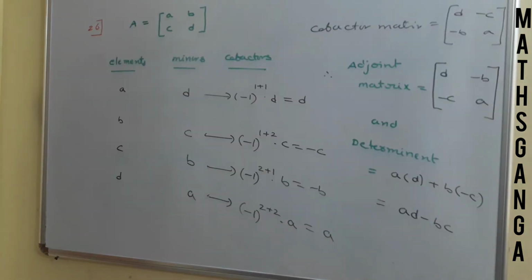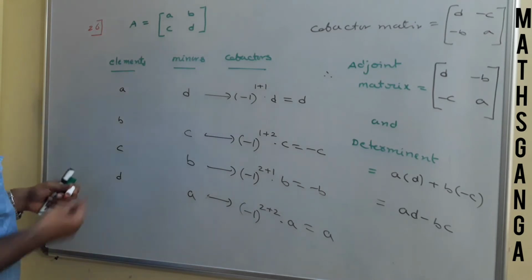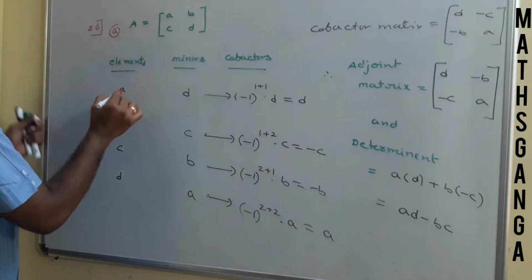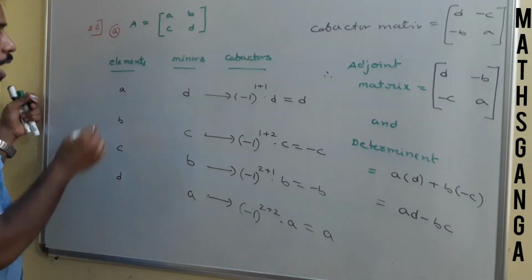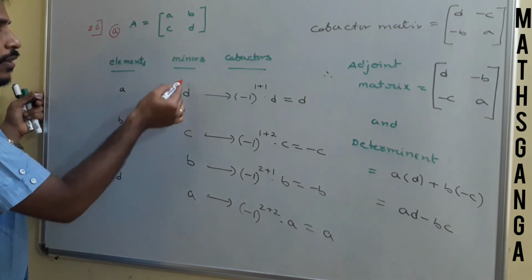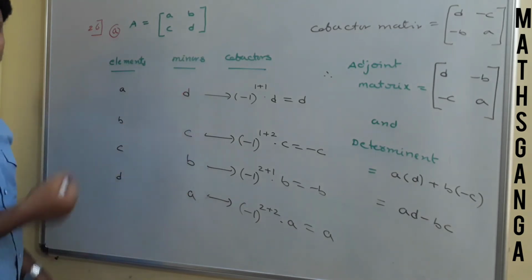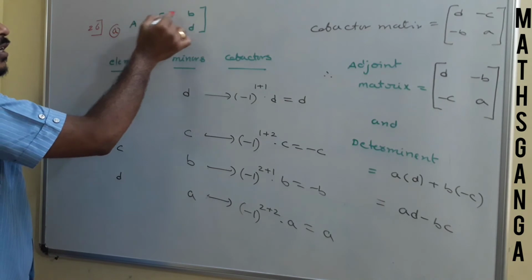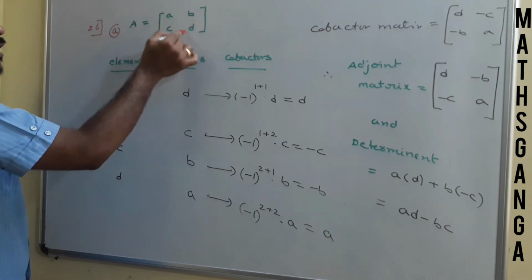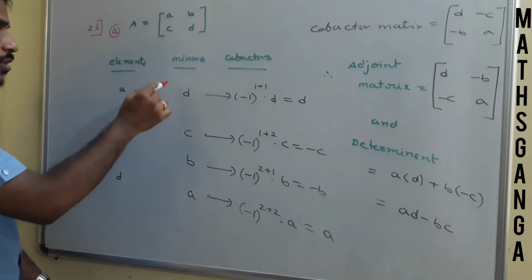Just look at the board. If we generalize it by taking a general matrix A, B, C, D, where A, B, C, D are the elements, their corresponding minors are simply D, C, B, A, just as we discussed. For A, leave that row and that column, and the element left is D, so that's the minor. So these are the minors.